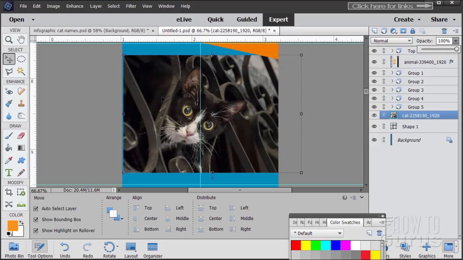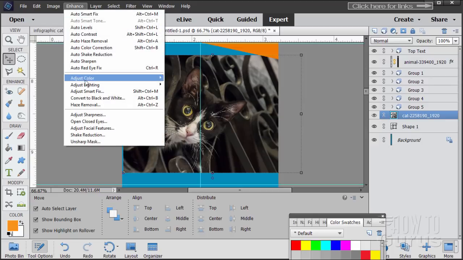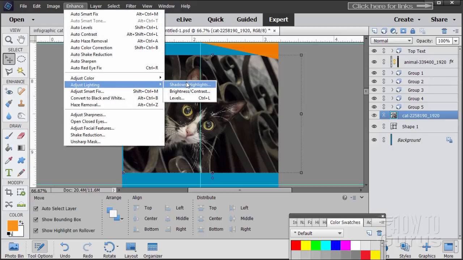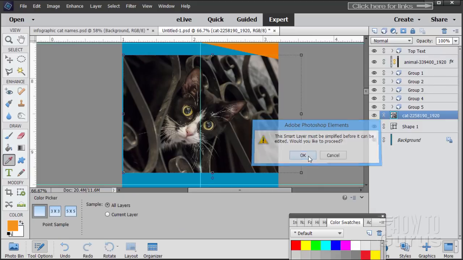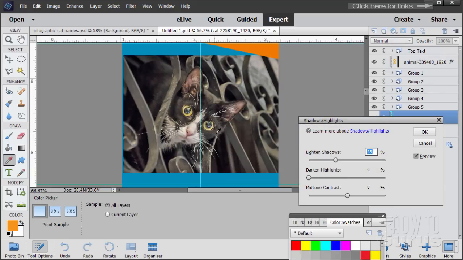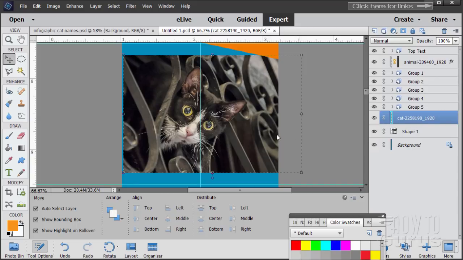Take a look at the exposure on this one. Enhance, adjust lighting, shadow highlights, and that's pretty good. I think I'll bring the shadows down just a little bit, just a little touch up in there, make it look a little bit nicer, and I think that's good right there. And then once again,